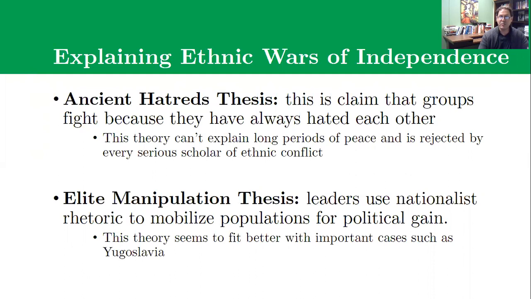So there's this ancient hatreds thesis, and it's essentially an argument that identity for a group is rooted deep in the DNA of people. And that DNA is not just who they are, but also who they hate. And the idea is that over the course of millennia, groups grew up in competition with each other and learned to hate each other. And so the thinking is that when you see conflict emerging between people from two different groups, it's because they have this deep biological DNA-rooted animosity toward each other, and they're fighting because they hate each other, and they've always hated each other, and they always will hate each other, and that's just the way it is.